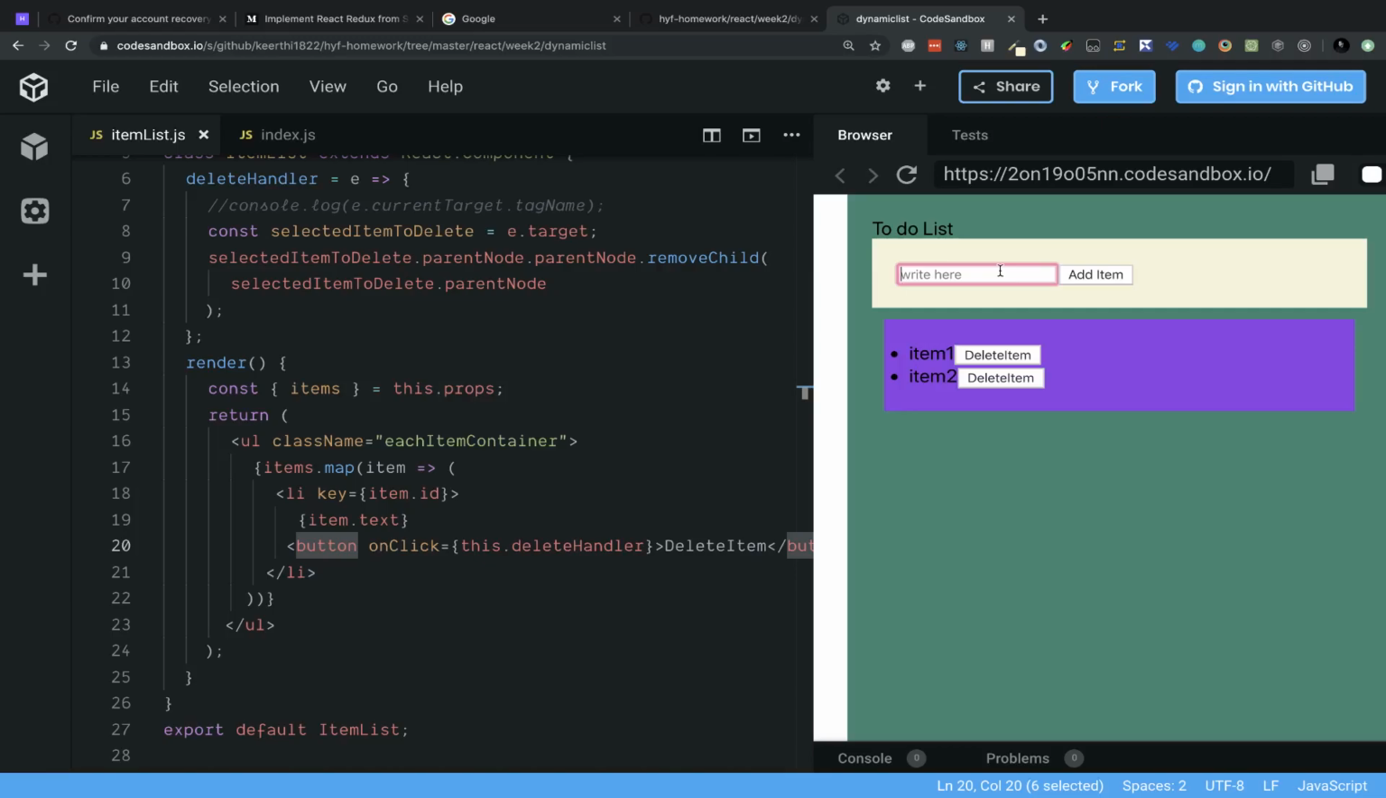Yeah. e.target is the button. After that we say select item to delete, which is kind of a bad name because this is the button. You say parent node. So we say button. The parent node of the button is